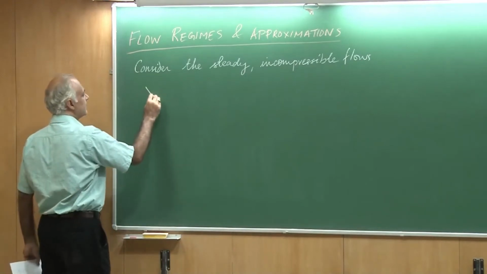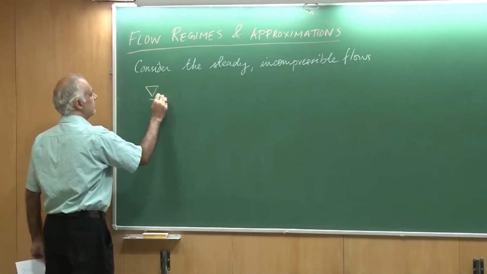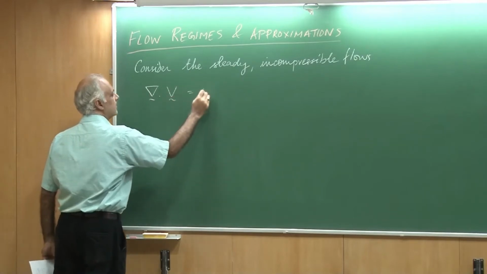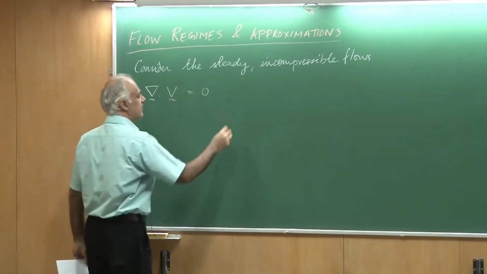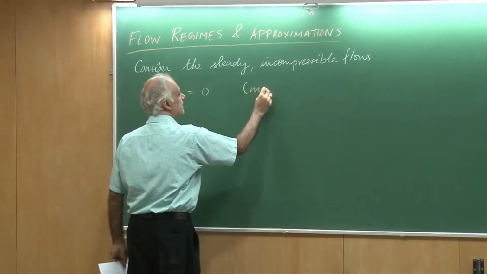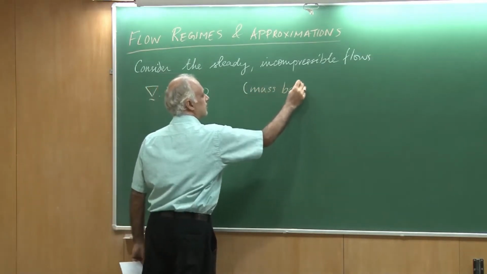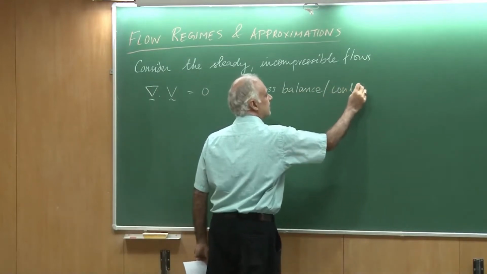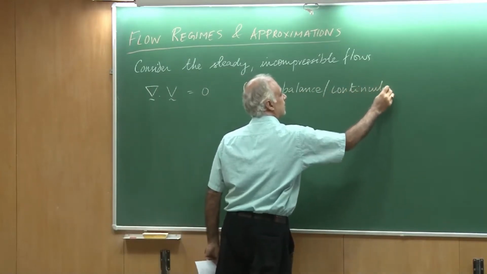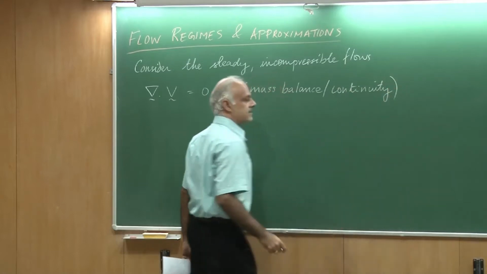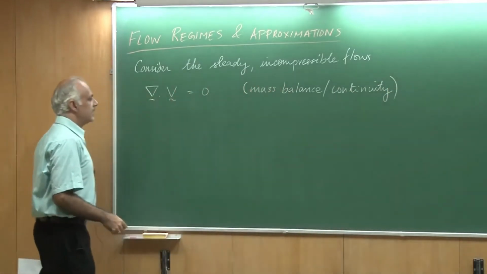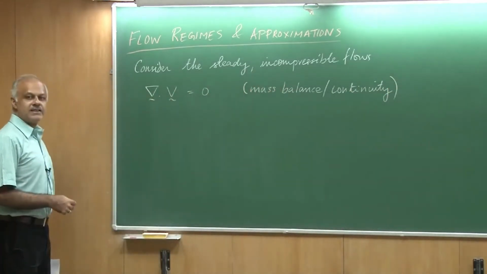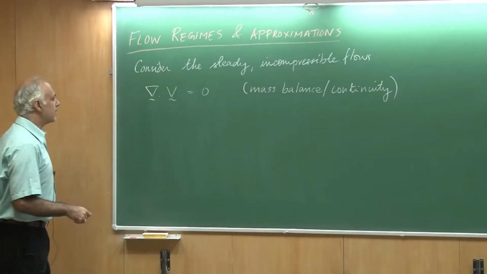The first is the continuity equation, which is divergence of V equal to 0. So, this is the mass balance, or what we also call the continuity equation. Right? The next one is the force balance, or what we call the momentum equation, and